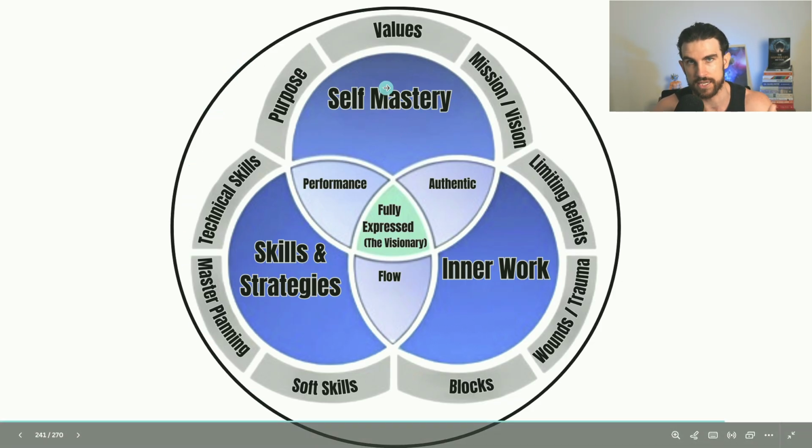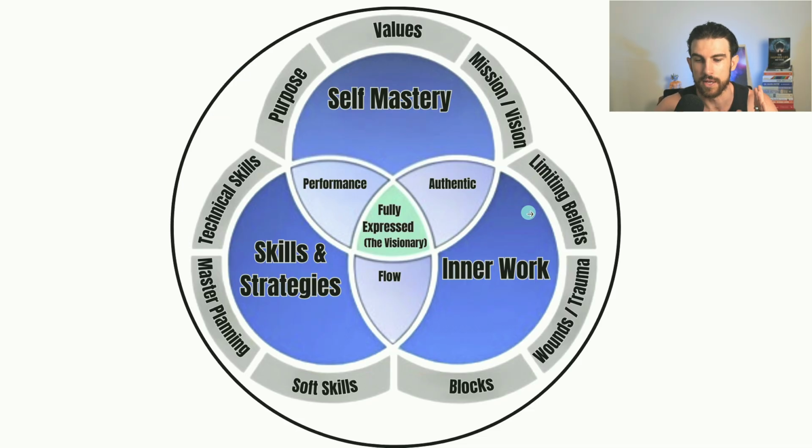So I actually have community as a part of it as well. So the circle is a community. But so far, for someone to create a life that they love, a life on their terms, these are the 3 things you need. You need to know who you are authentically, know what you want as well, which is your mission and vision, know how you're going to get there strategically with the right skills and plan, and address your shit so you stop sabotaging or getting triggered or taking 1 step forward, 2 steps back, hitting a glass ceiling, whatever the thing is that's stopping you from getting there.